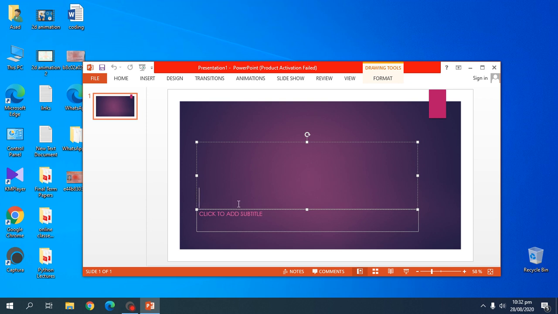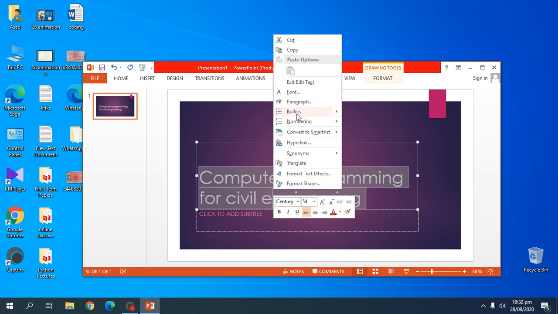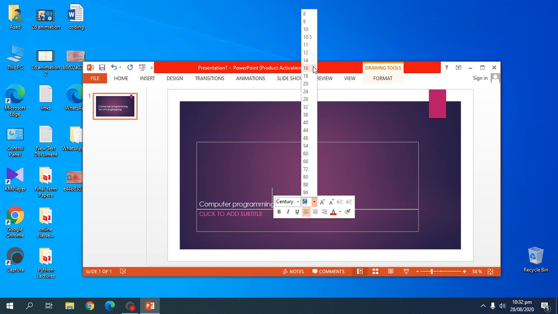For example, here I am typing some text and I am changing its size from 54. Here we are changing its size. Let's suppose I change size to 16,